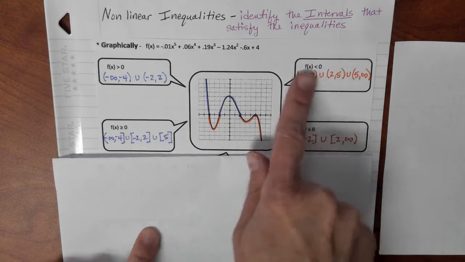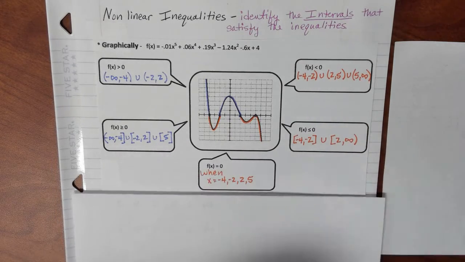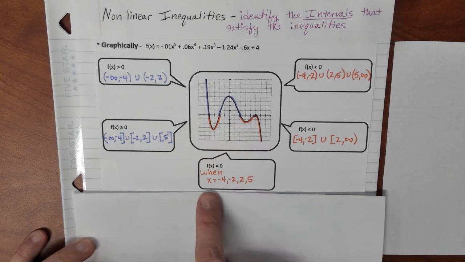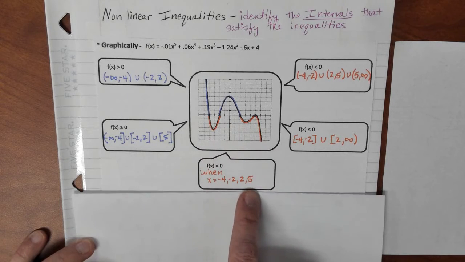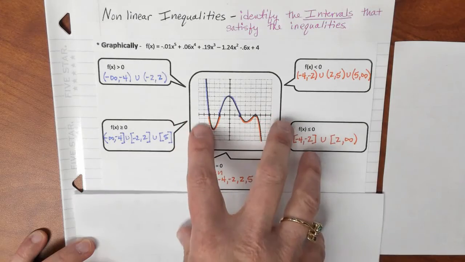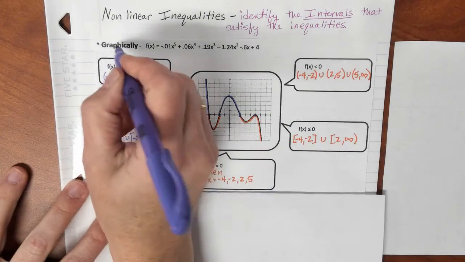The only other one that we have left out is where it is actually equal to 0. And that is just at those 4 points right there. So when x is negative 4, negative 2, 2, and 5 is when it is equal to 0. Now that is your goal, is to be able to understand graphically when I give you a graph, you be able to tell me where those